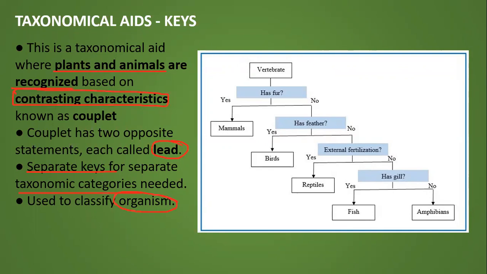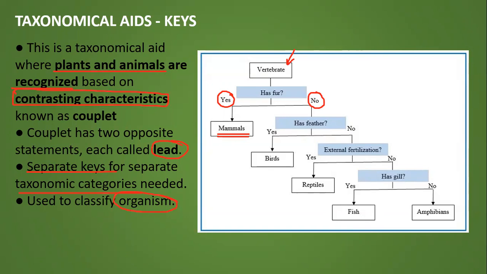Yes. Guys, we have found a new organism. Just imagine the same. In that new organism, we are first of all checking whether it is a vertebrate. We identified it as a vertebrate. So if we identify it as a vertebrate, we'll be looking at whether it has fur on its body or whether it is a fur-less organism. If it has fur, then you will consider it a mammal and end your research.